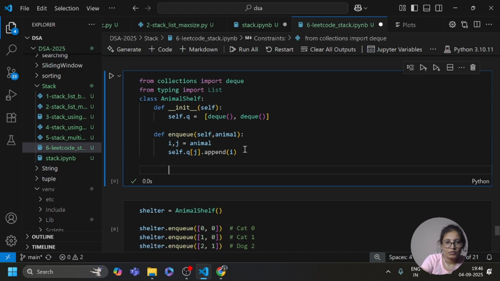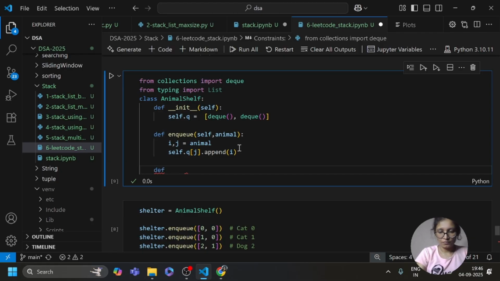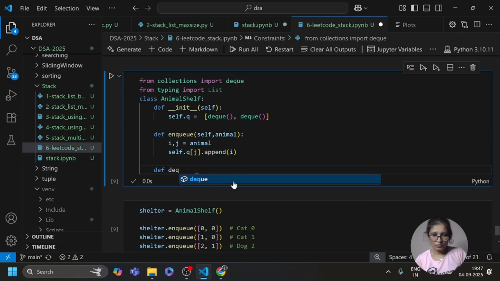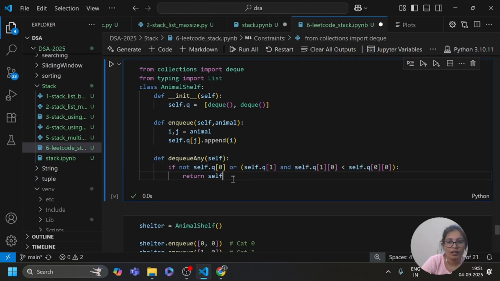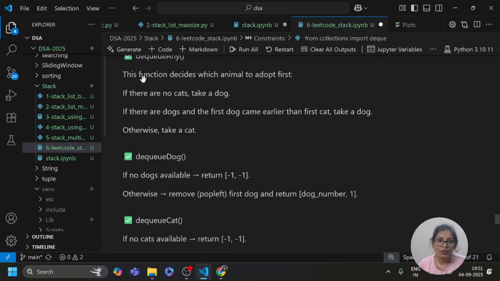After that I need to create another function, define dequeue any. So guys, this dequeue any function decides which animal to adopt first.